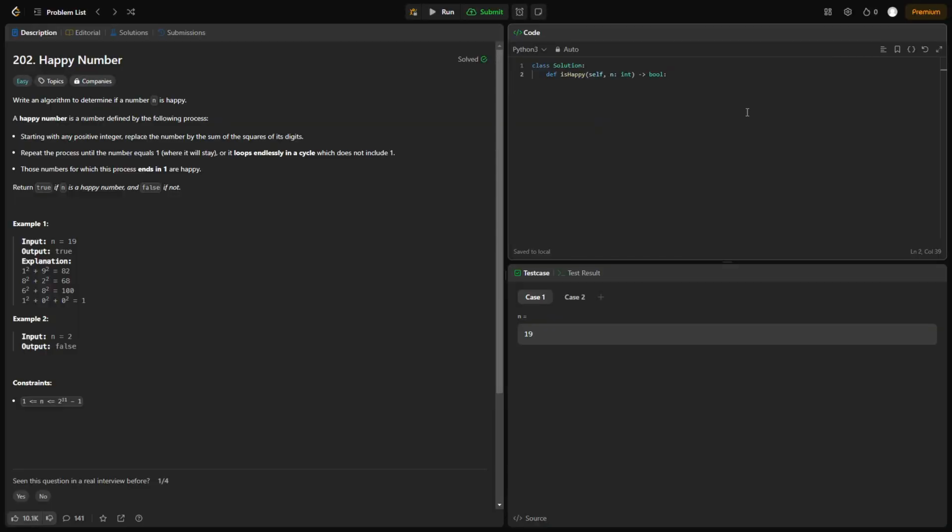Okay, so we're going to initialize our set. We'll call it C. So there's our set. And then we're going to start a while loop. And if our number n is equal to 1, we're going to just return true. Return true, and then we're going to start another while loop. So while our number n is not equal to 0,